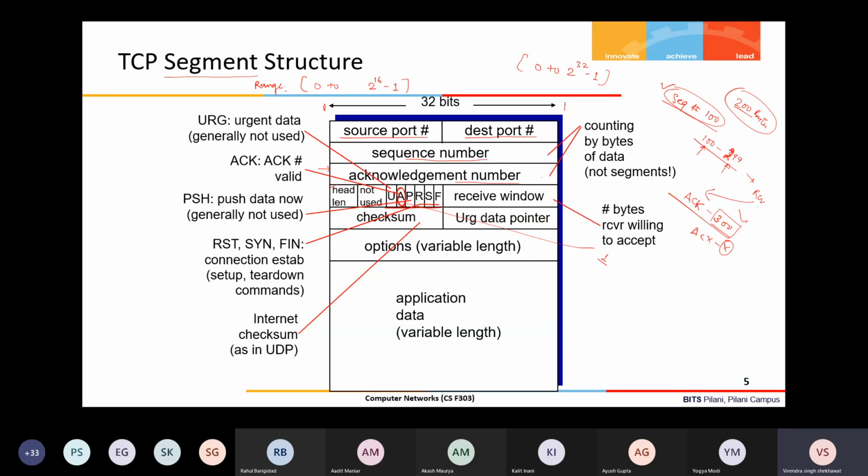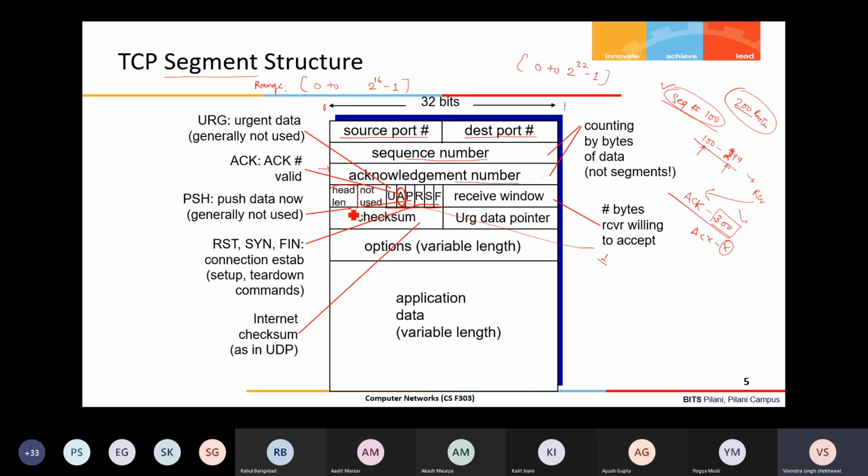And sequence number, anyway, every segment will have the sequence number, right? So it needs to just see whether it also contains the acknowledgement or not. That will be decided by this 1 bit flag. If it is 0, then the acknowledgement number is not there, some garbage value is there, you don't have to process this information. Okay, so now other fields, if you just quickly look at header length.